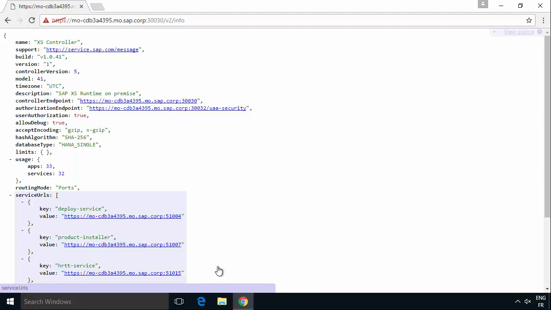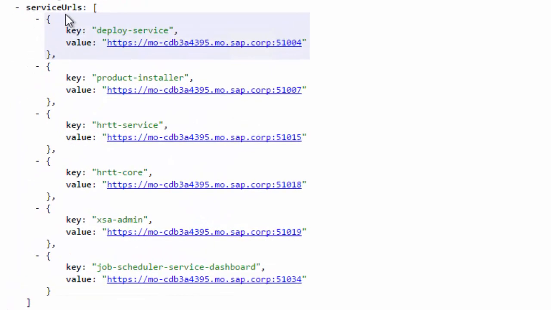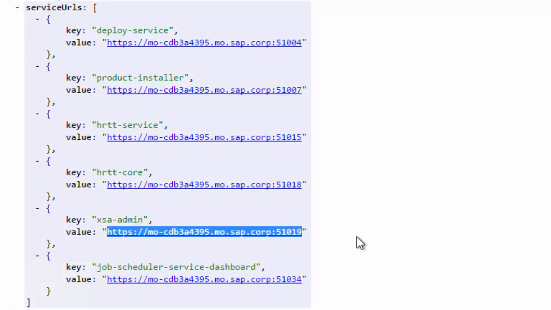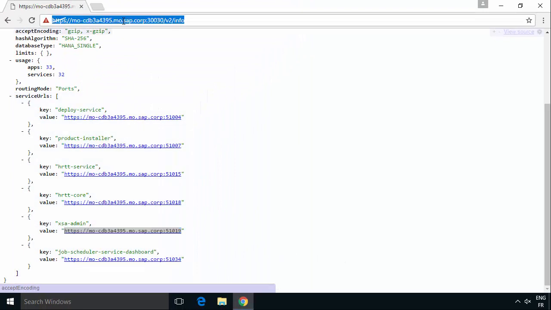Now what we'll see normally behind here is some JSON, and in the JSON we can see we've got the XS controller and all sorts of good information about it. What we're looking at here is the service URLs item, and we can see we've got XSA-admin. This is where we get the URL of the administrator. Because this is using port-based routing, it's the same URL we were using. The difference is just the port number. In my case, it's 51019. So I'm going to copy that and then paste that in,